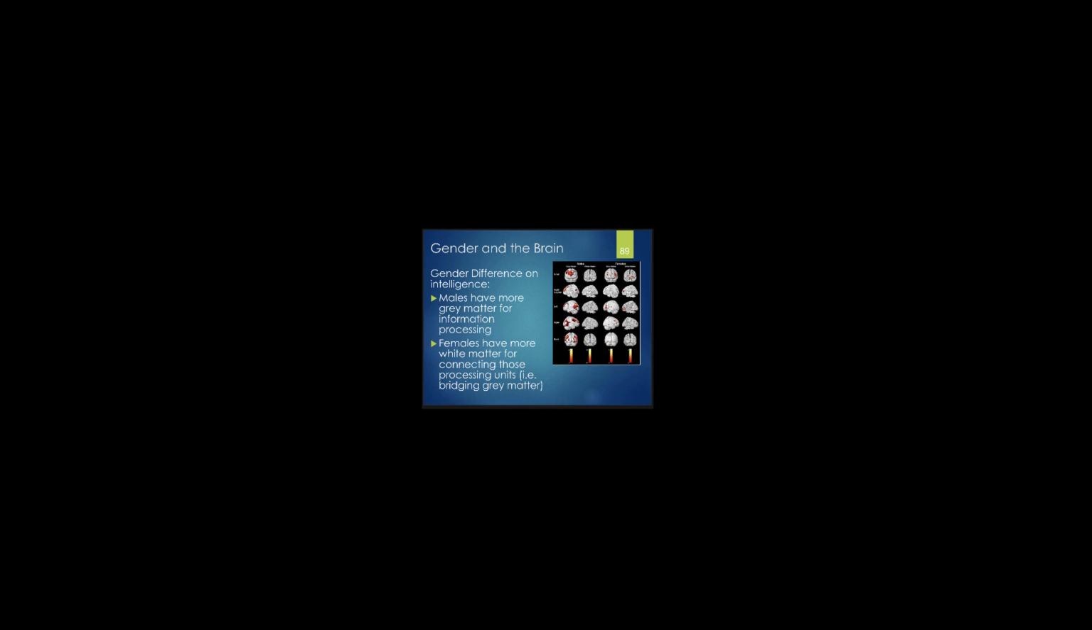We can see that males have more grey matter for information processing, and females have more white matter, which is about connecting those units together, binding that grey matter together. In general, men have approximately 6.5 times more grey matter, and women have nearly 10 times the amount of white matter. So structurally, they can be quite different. However,